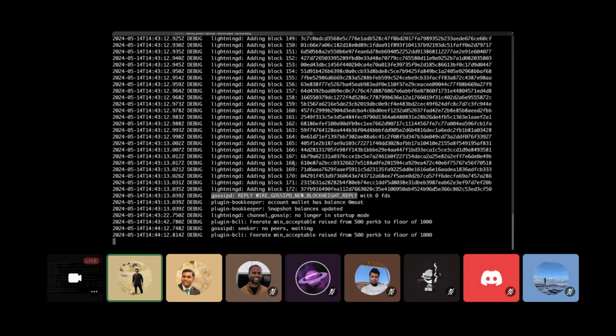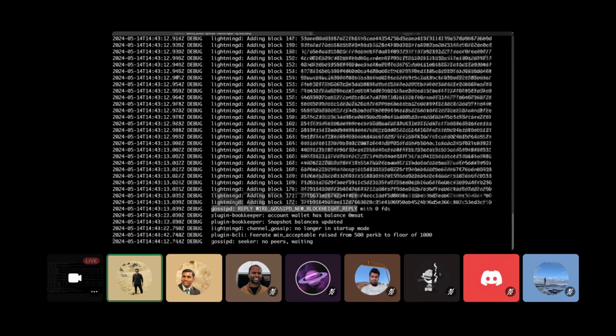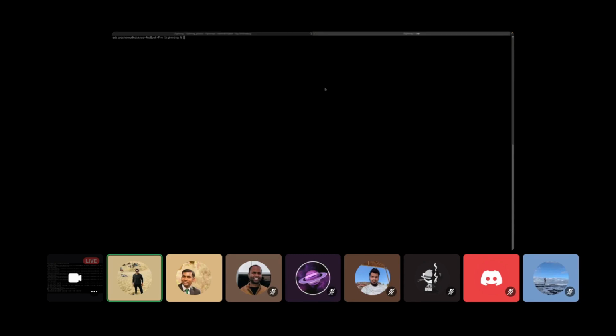and the Gossip D has also started. Some of you might have heard of the Gossip protocol, which is responsible for sharing the balances and the node graph among the nodes. So Gossip daemon is responsible for that. After running the server, we can run different commands